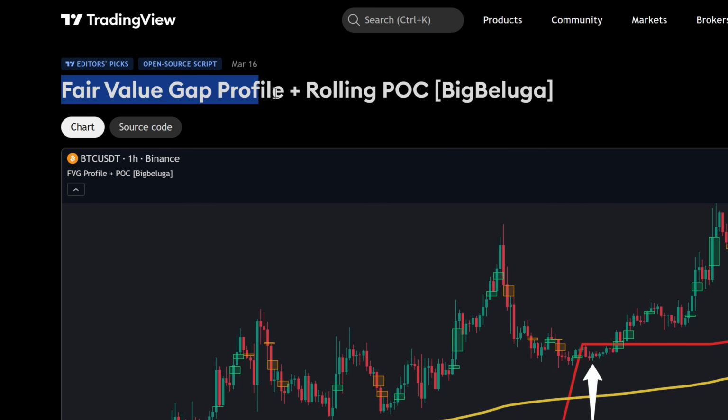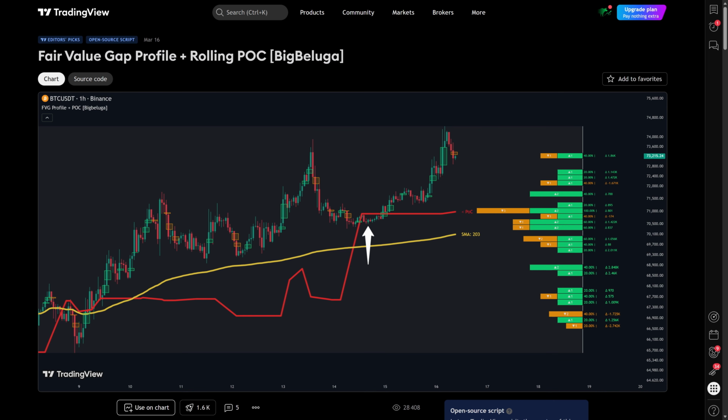Markets don't move in straight lines. They surge, they collapse, they leave behind footprints. And if you know how to read those footprints, you gain an edge that most traders completely miss. The Fair Value Gap Profile Indicator by BigBeluga is built around one of the most powerful footprints price leaves behind,